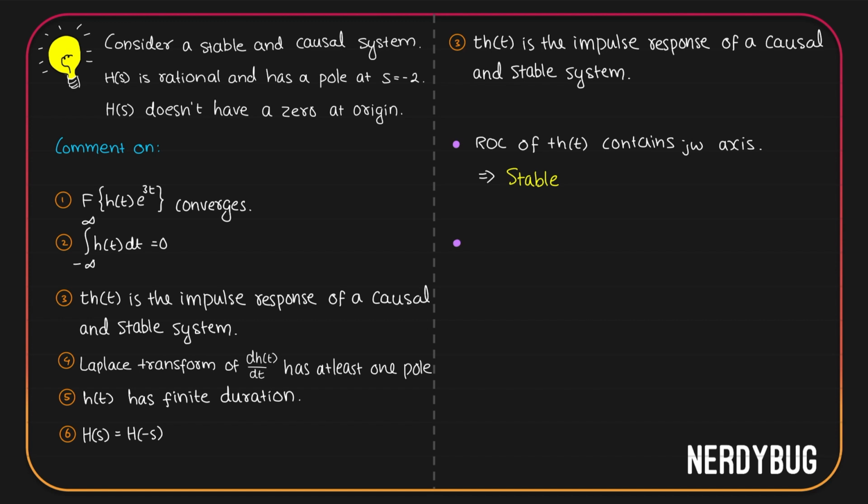Now we have to check for the causality. The system given in the question is causal. Its transfer function is H(s), so its impulse response is h(t). Since it is causal, h(t) has to be equal to 0 for all t less than 0. But then t multiplied by h(t) should also be equal to 0 for all t less than 0. That means another system whose impulse response is t·h(t) will also be causal. So the statement is correct.